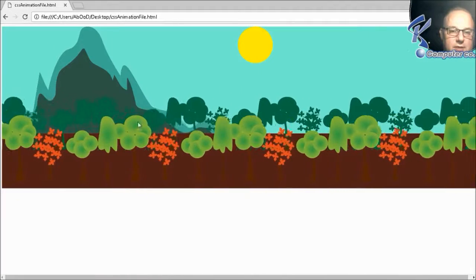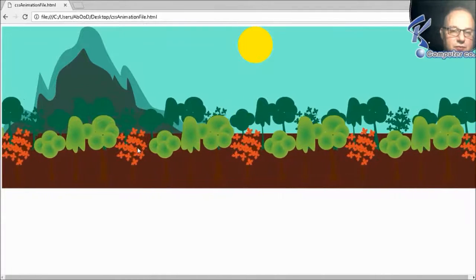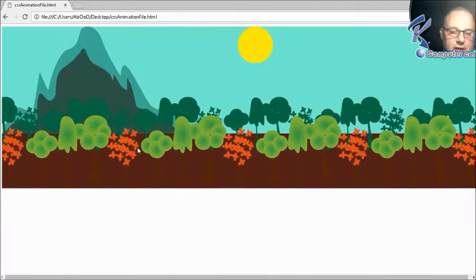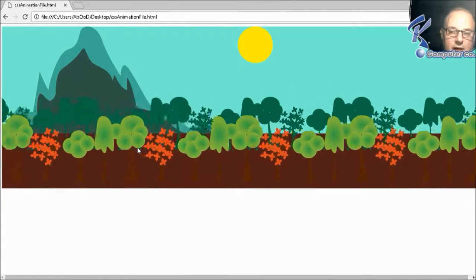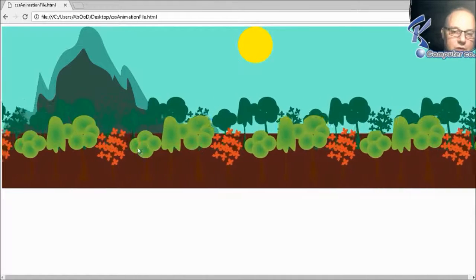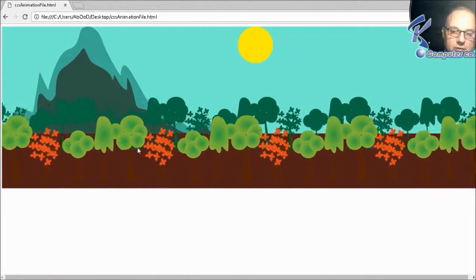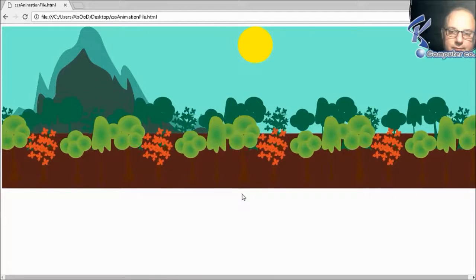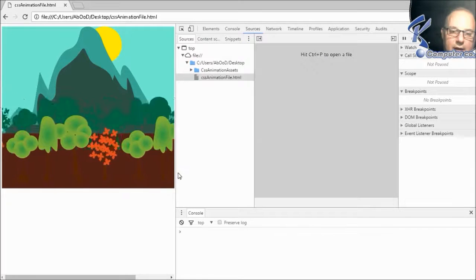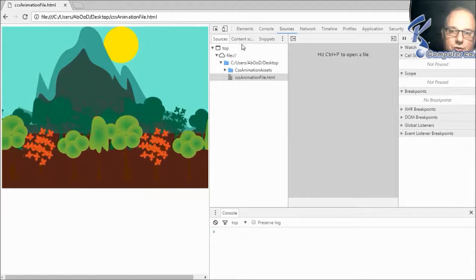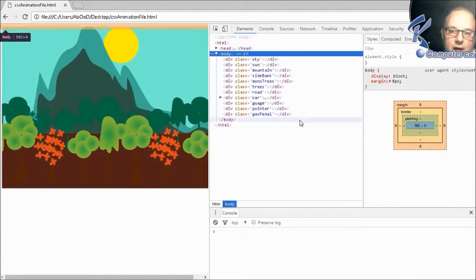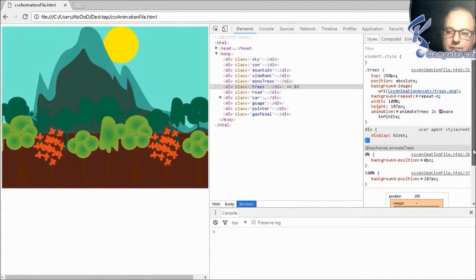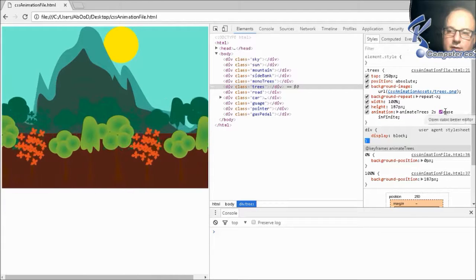Okay, as you see, there's something wrong here. The ease is causing problem. I told you that we can control the functionality and the time functions and see options of what we can do through Google Inspector. So I will click Ctrl+Shift+I to show the inspector of Google. And as you see, if I go to elements, I can check as example the trees, and as you see I will have here the animation, and you see here this is the ease,